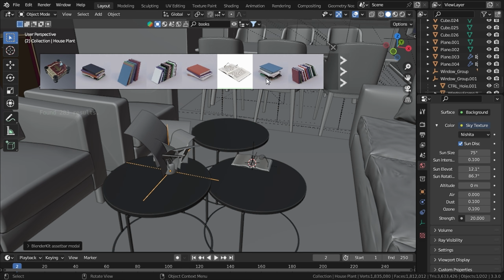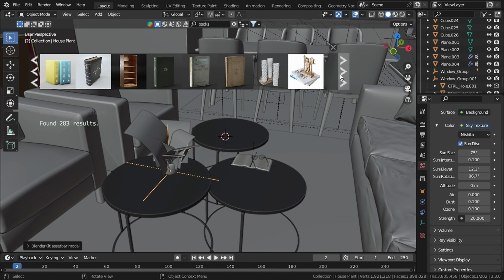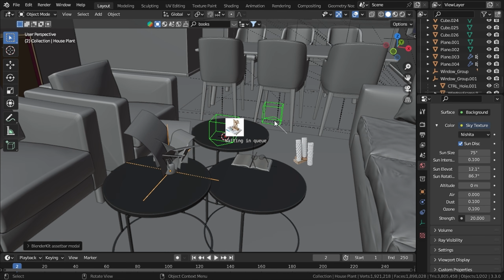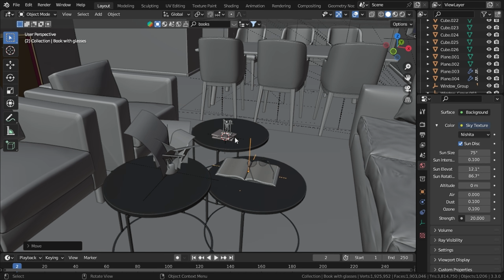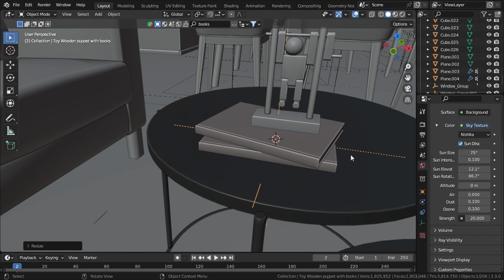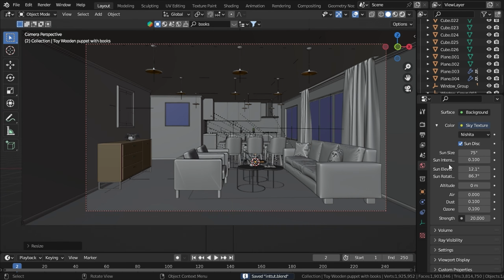Okay, so kind of stylish. Let's add in this one and let's scale them up just a little bit. Okay, now our scene is completely ready,